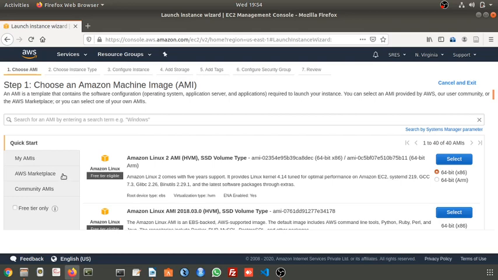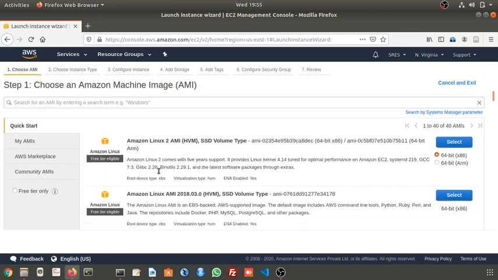Right now you can observe these are the various images that are listed here. AMI stands for Amazon Machine Image. During the practice session, I recommend you choose this Amazon Linux AMI.